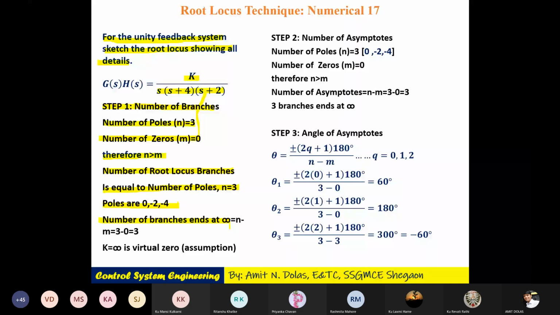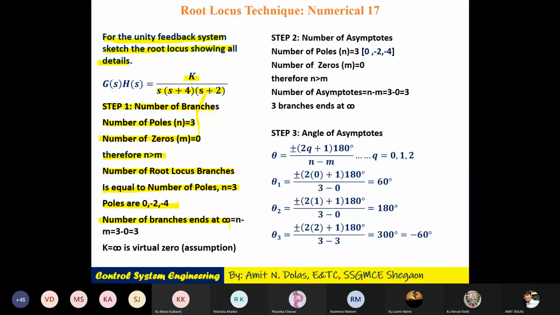Then the auxiliary equation will be what? On this one, that is 6s square plus k is equal to 0. I kept k equal to 48 here. Then s square will be equal to minus 48 by 6, so it will be minus 8, and s will be plus minus j 2 under root 2. So one of the roots will intersect the imaginary axis at plus j 2 under root 2, and another at minus j 2 under root 2. So this is the point of intersection.